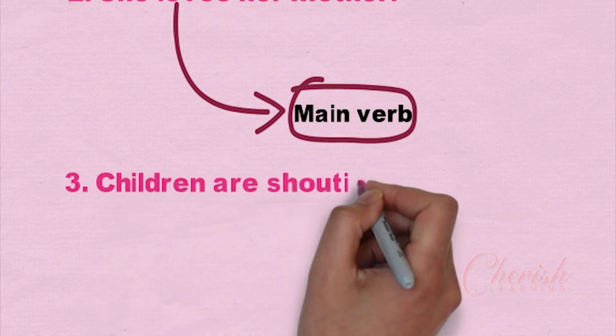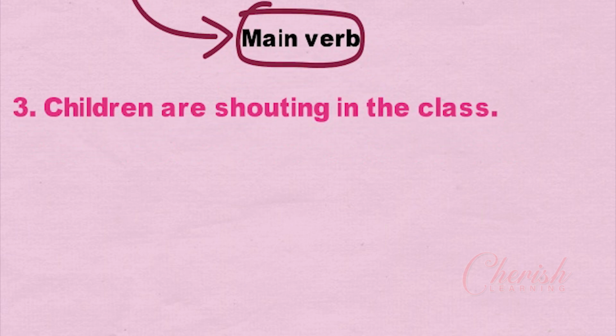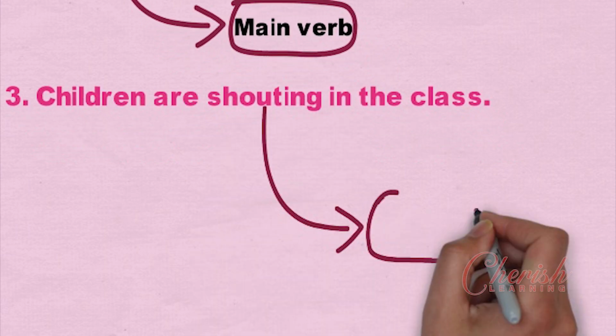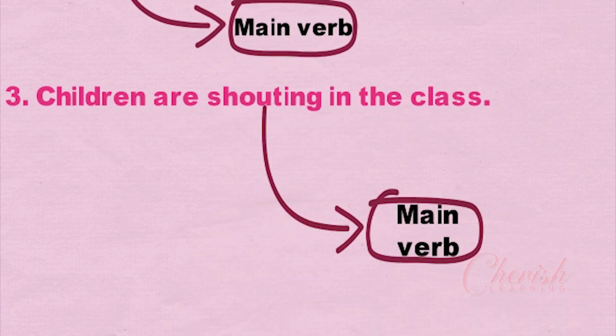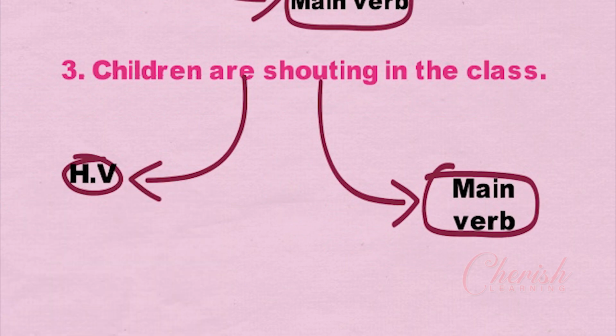Now, children are shouting in the class. बच्चे कक्षा में शोर कर रहे हैं. यहाँ पर शोर करना is main verb and again helping verb is very easy, are. Next sentence,